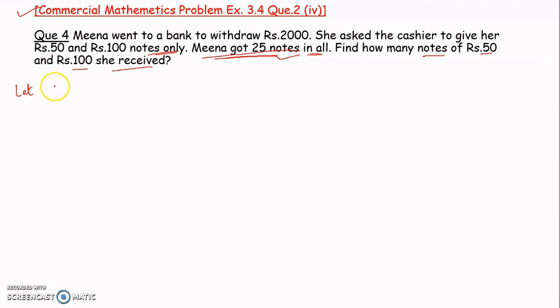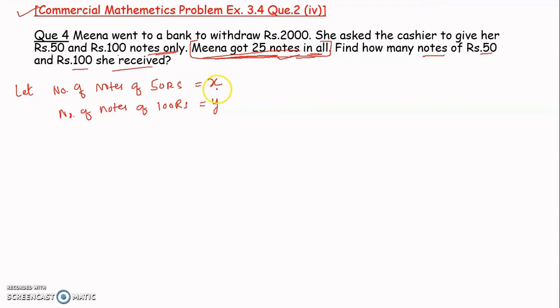let total number of notes of 50 rupees is x and number of notes of 100 rupees is y. So here first condition is Meena got 25 notes in all, means there are some notes of 50 rupees and some notes of 100 rupees. So total notes x plus y will be equal to 25